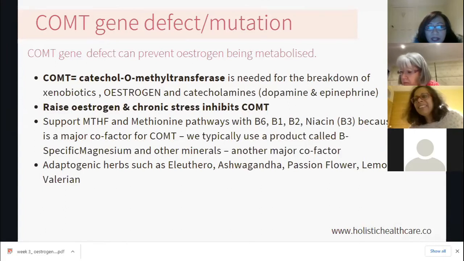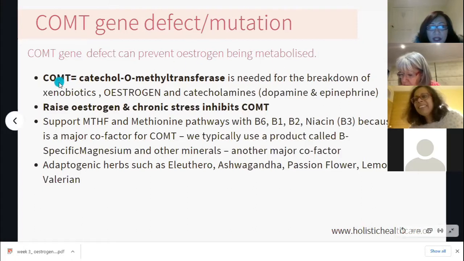And if you make any alteration or adjustment, you need to know what you're doing. You need to have some kind of lab test so you can see what's going on. You need some guidance from a practitioner, so you're introducing dosages at the right dose and not going in really, really high, because it can kind of flip both ways. And the COMT gene can actually do both. It can speed up the COMT enzyme.